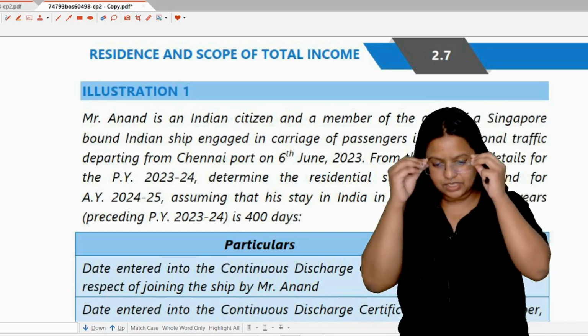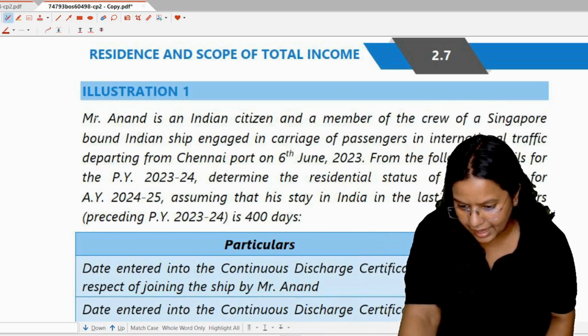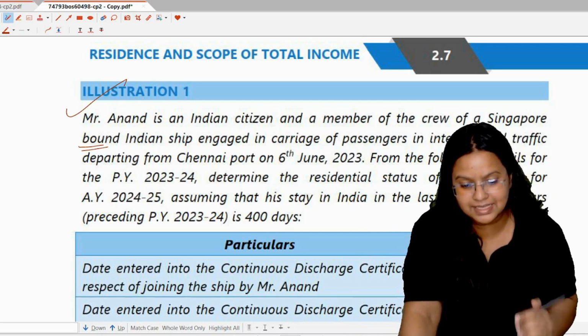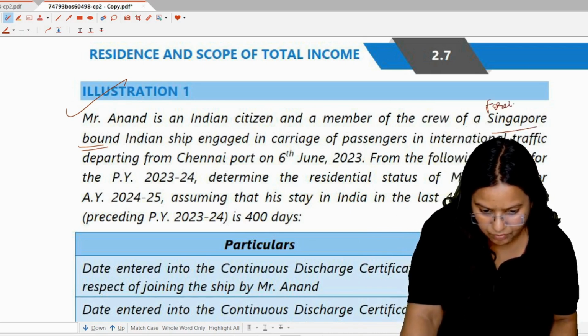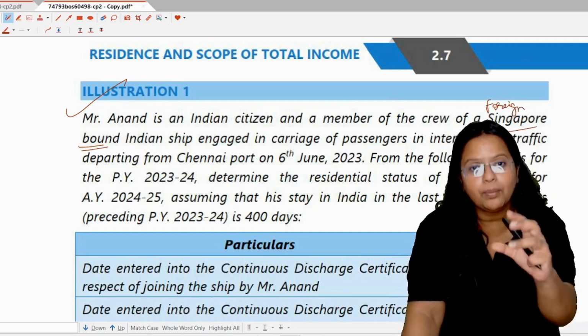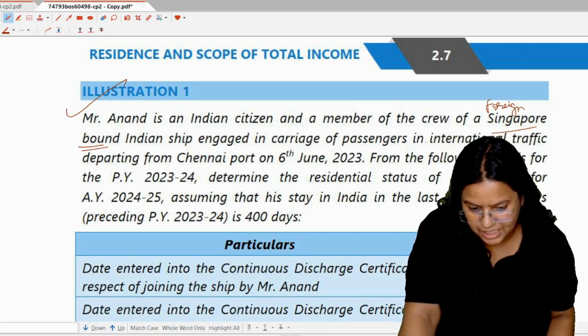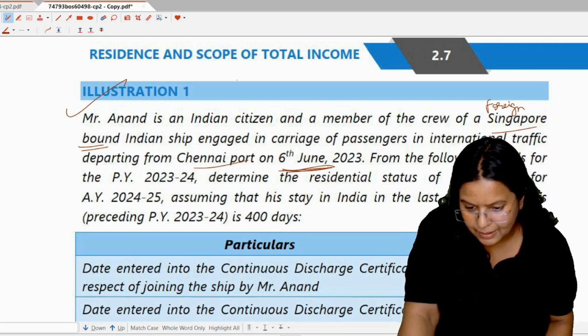So it is illustration number 1. Mr. Anand is an Indian citizen and a member of the crew of a Singapore-bound Indian ship. Now, it is clear that it is a foreign-bound Indian ship. It means the assessee is a crew member of the foreign-bound Indian ship, engaged in carriage of passengers in international traffic, departing from Chennai port on 6 June 2023. It means Mr. Anand left India